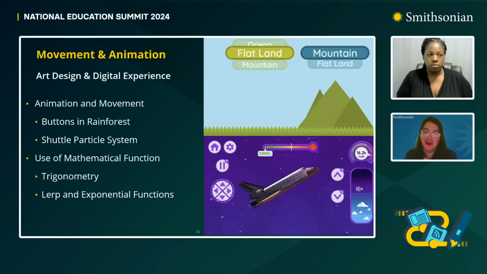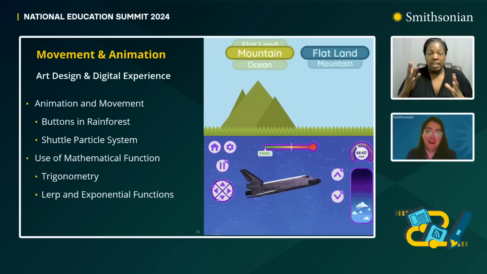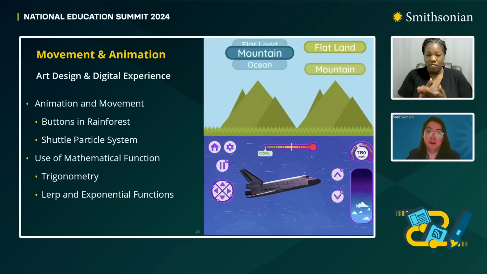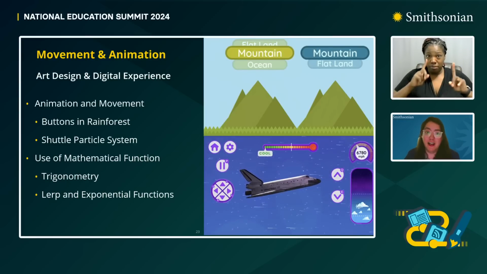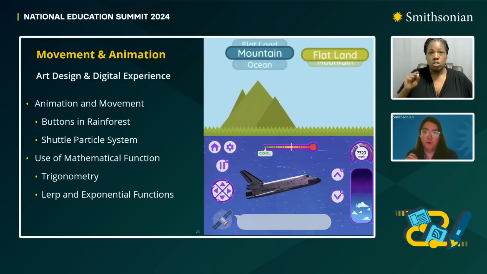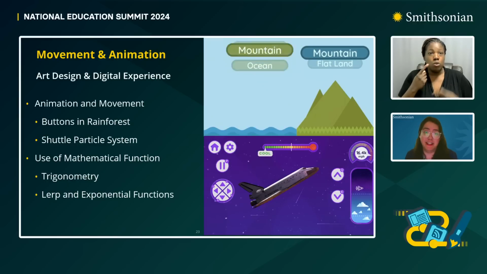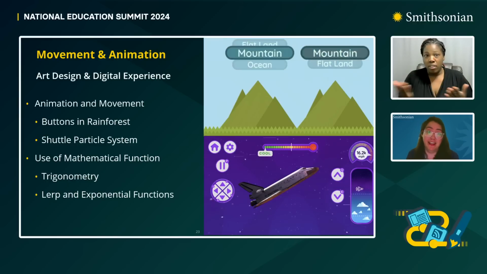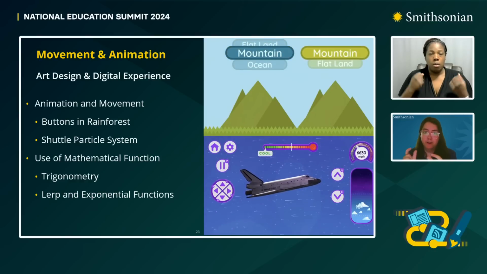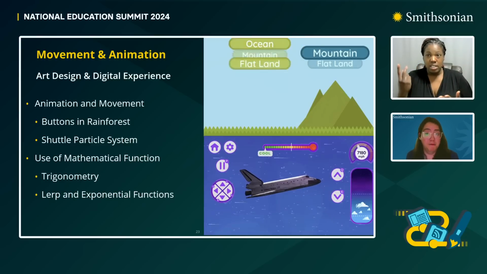And now we get into the fun part, movement and animation. So this often happens much later in the development life cycle, where the assets are in. We're doing our last rounds of play testing, and Sofia does a lot of work during this period of really trying to find out, is the UI and user experience working? Are there any sticking points? Is there any information that isn't being conveyed as easily as we might want it to be? And very often when we find these little sticking points, a very useful tool we have in our tool belt to solve those are movement and animation.